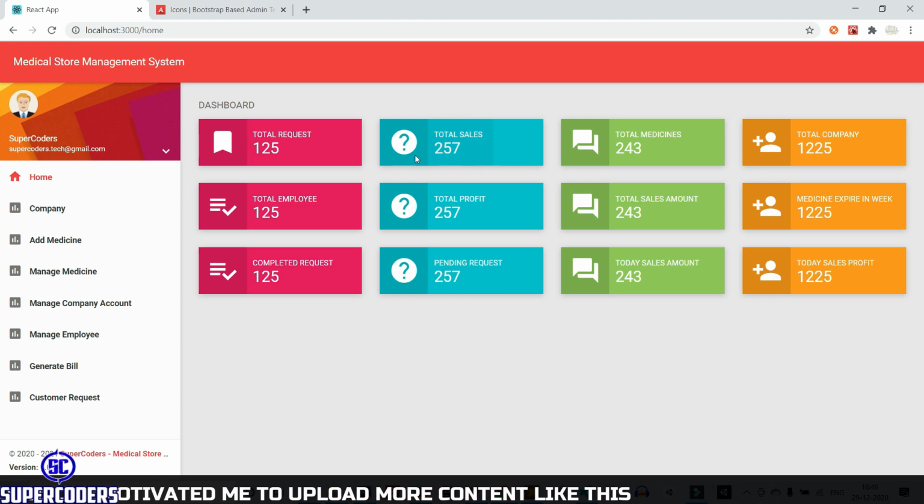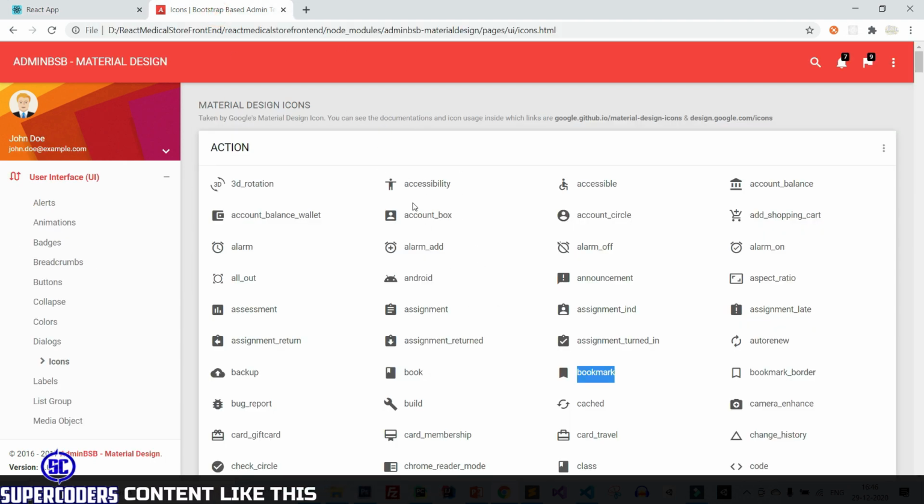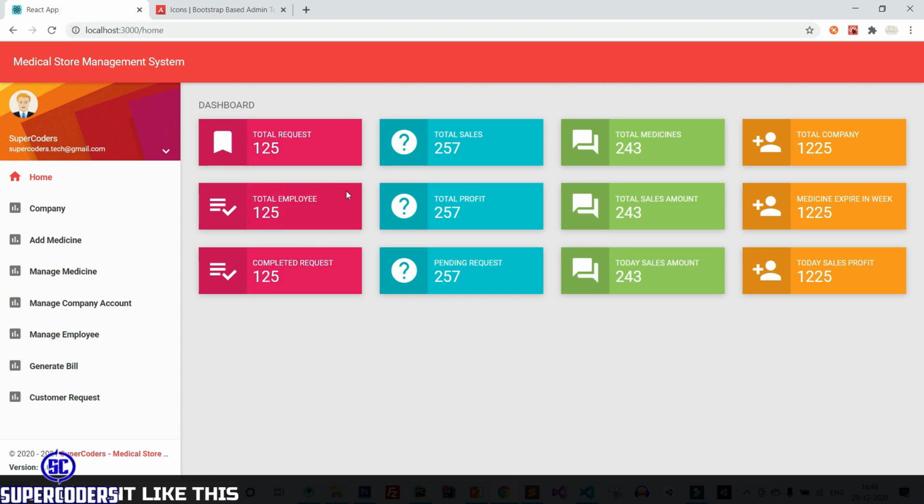After that, we need to change the icon also. Here I am using the same icon in all the cards. You can change it also. Here are all the icons; you can change them here. For now I am just using the same icon everywhere.